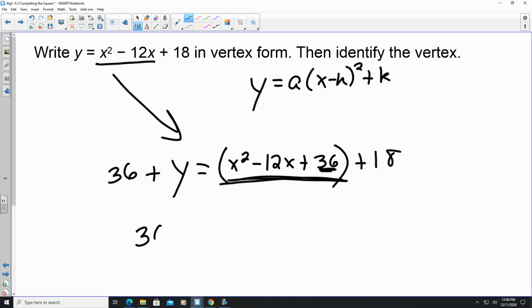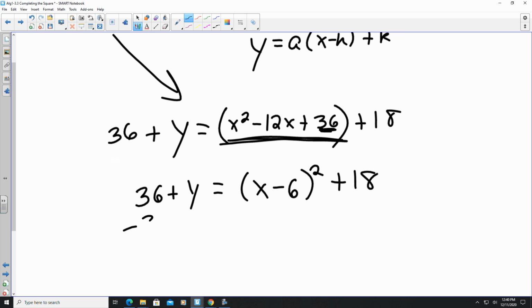So I'm just going to write 36 plus y is equal to x minus 6 quantity squared plus 18. And then the final step is I'm just going to subtract 36 from both sides. So now y is going to be equal to x minus 6 quantity squared